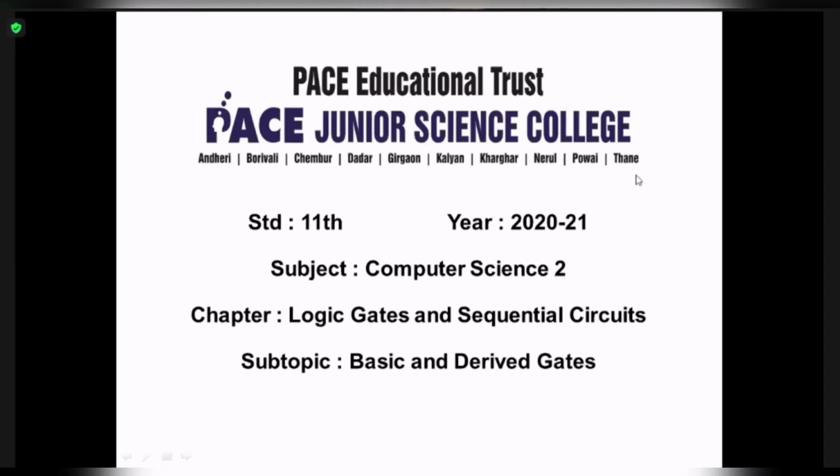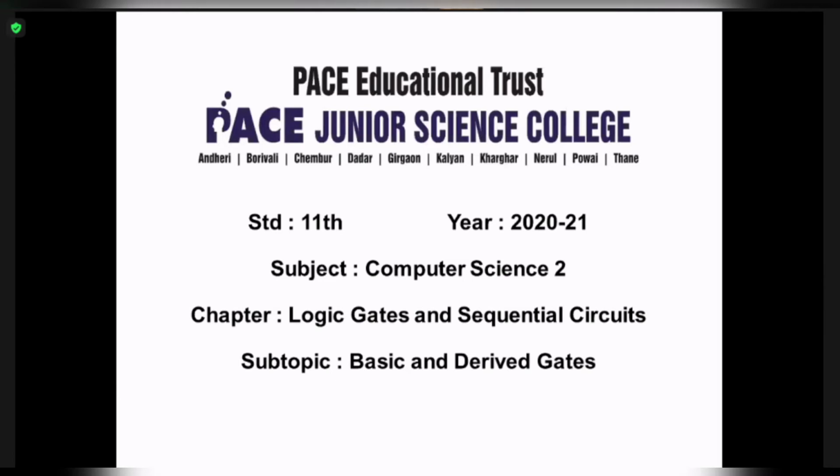I hope all of you are clear with this. The introduction regarding part 1 will be given to you by the part 1 madam, which is Siddhi ma'am. Now, regarding the examination, you will have a 50 marks theory paper of computer science 2 and a 50 marks theory paper of computer science part 1. Both theory papers will be of 50 marks, and the practical papers of CS1 and CS2 will also be of 50 marks.